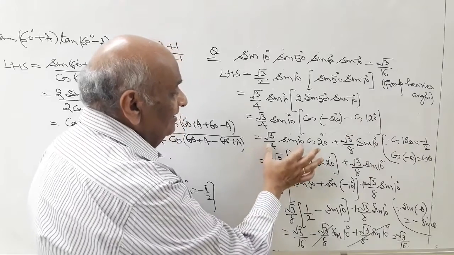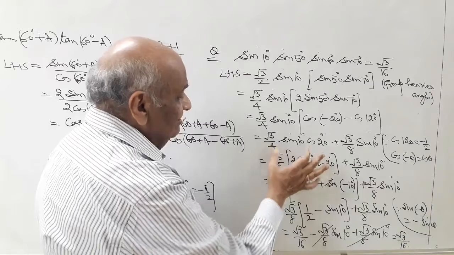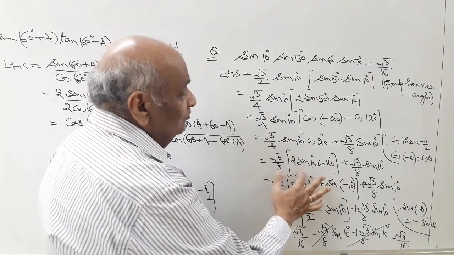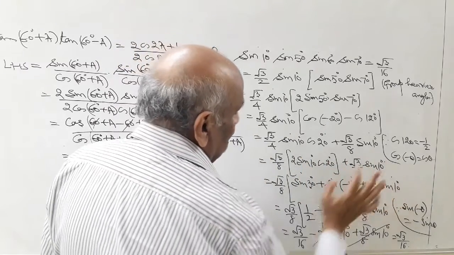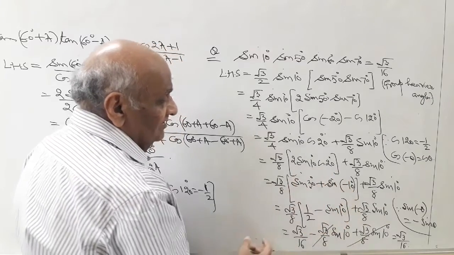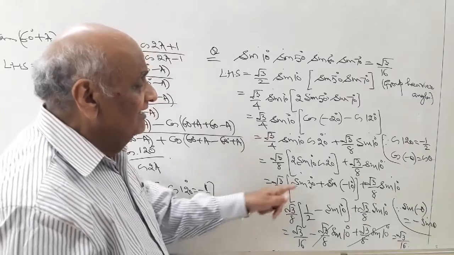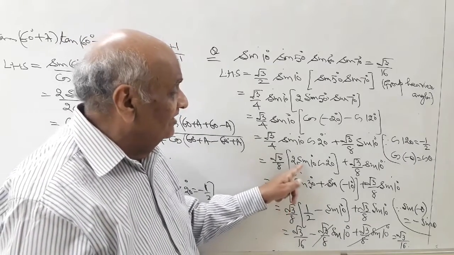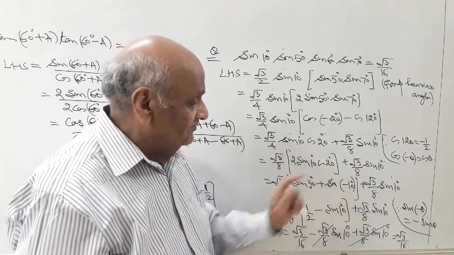Now again here I want to apply the AB formula. For this case, balance by 2. Under root 3 by 8, 2 sin 10 cos 20. Under root 3 by 8 sin 10. Apply the AB formula, the first one, 2 sin A cos B. It is 2 sin A cos B under root 3 by 8. It is sin 30 plus sine of minus 10.